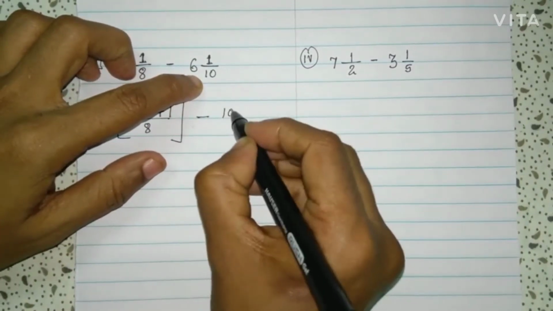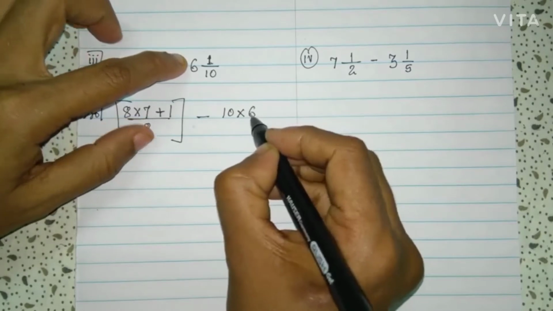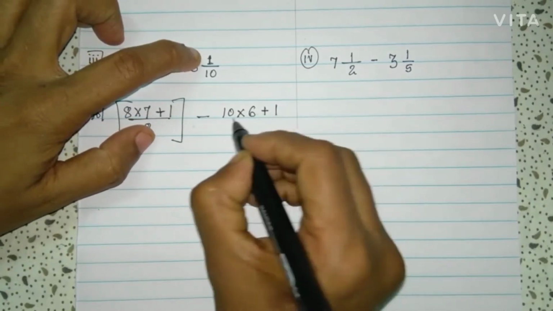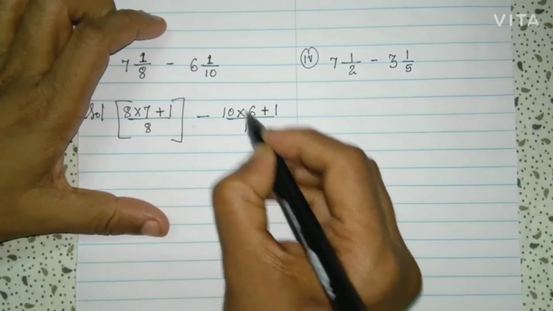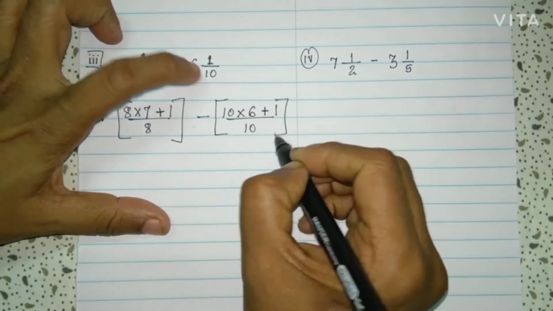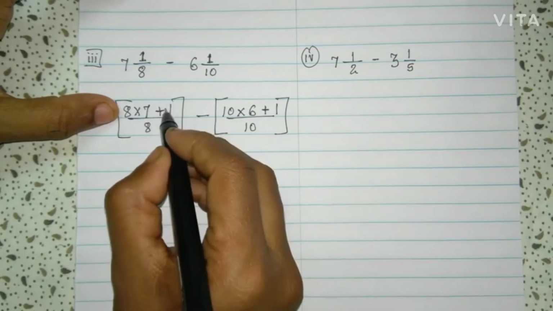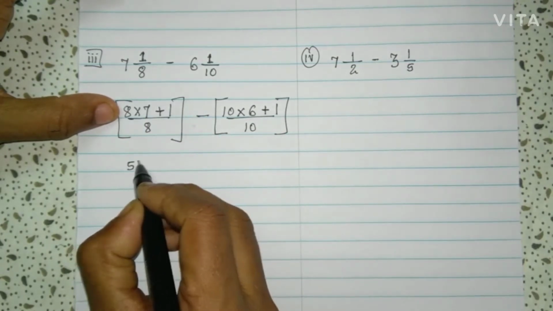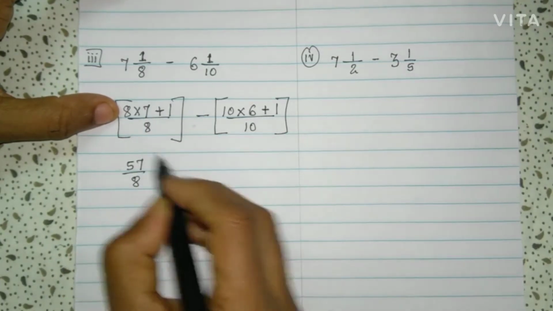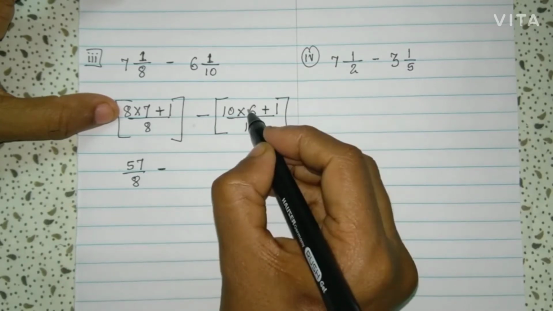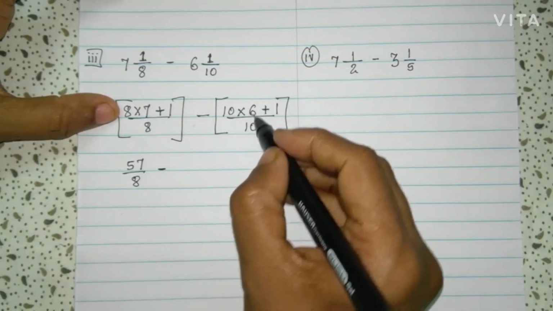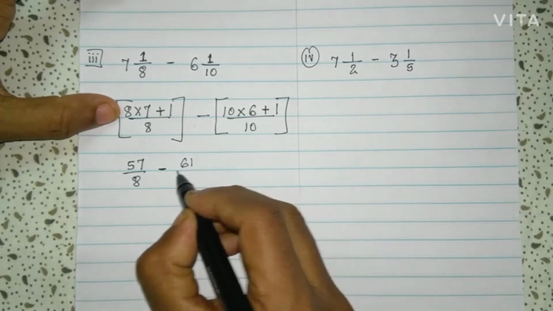Denominator 10 multiply by this 6 plus 1 upon back to denominator. Okay, so 7 8s are 56, 56 plus 1, 57 upon 8 minus 10 6s are 60 plus 1, 61